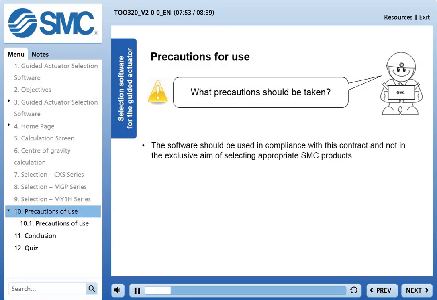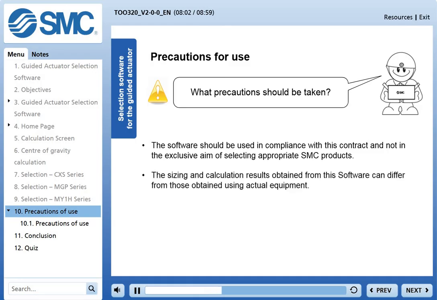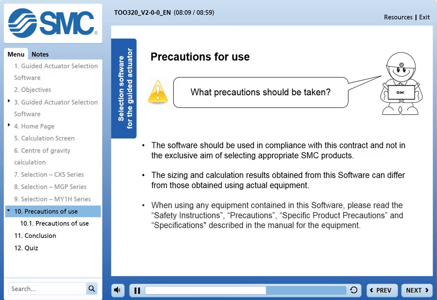Please adhere to the following precautions for use. This software is to be used in accordance with the agreement non-exclusively for the limited purpose of selecting appropriate SMC products. The sizing and calculation results obtained from this software can differ from those obtained using actual equipment. When using any equipment contained in this software, please read the safety instructions, precautions, specific product